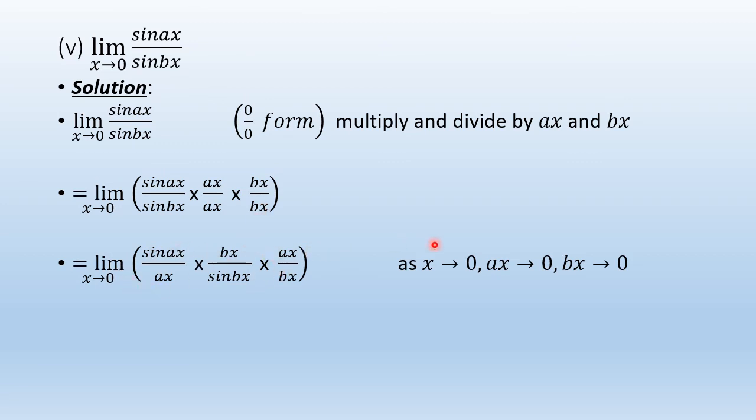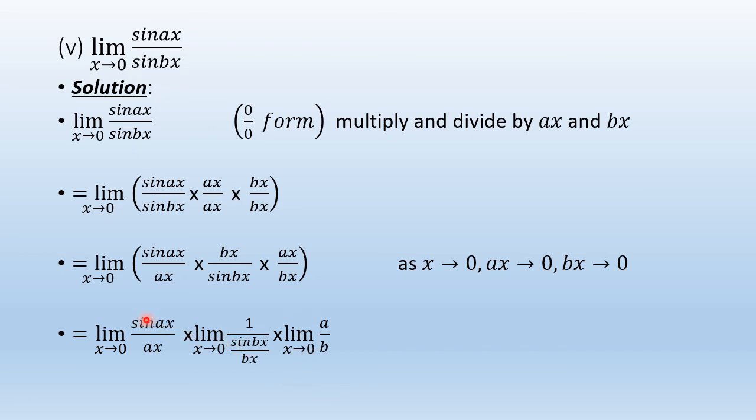Now we observe as x tends to 0, ax tends to 0 and bx tends to 0. So we are going to apply the limits upon this, and here this x can't cancel. We will have only a by b here and we will apply the limit upon it. We write it as 1 by sine bx divided by b and apply the limit when x tends to 0. And here we have a by b, we apply the limit when x tends to 0.